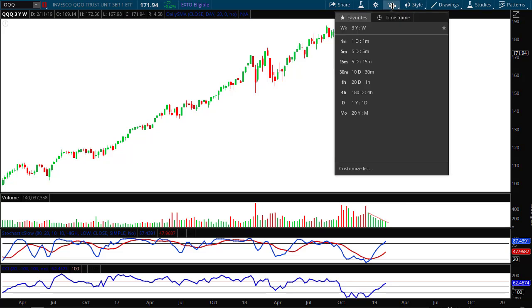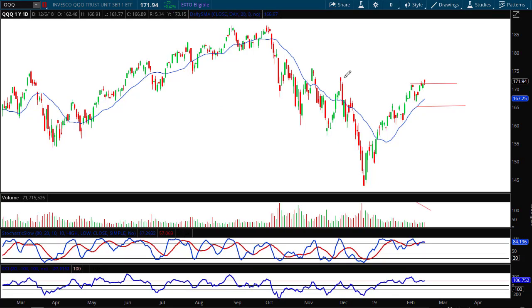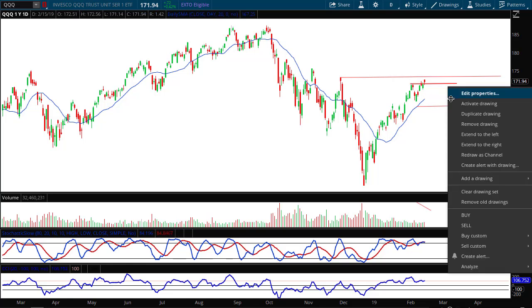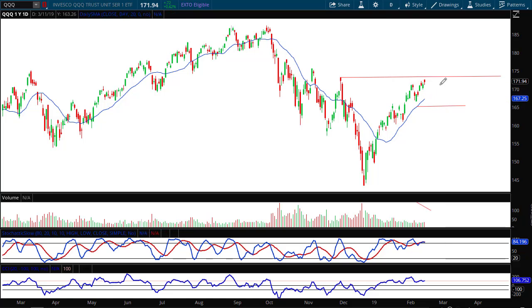And if I go to the daily chart, you're going to see a slightly different picture with the resistance right here. The NASDAQ actually had a red candle today. So I'm going to erase that, and I'm going to keep the support level that I drew from last week. This is what we have to watch out for.